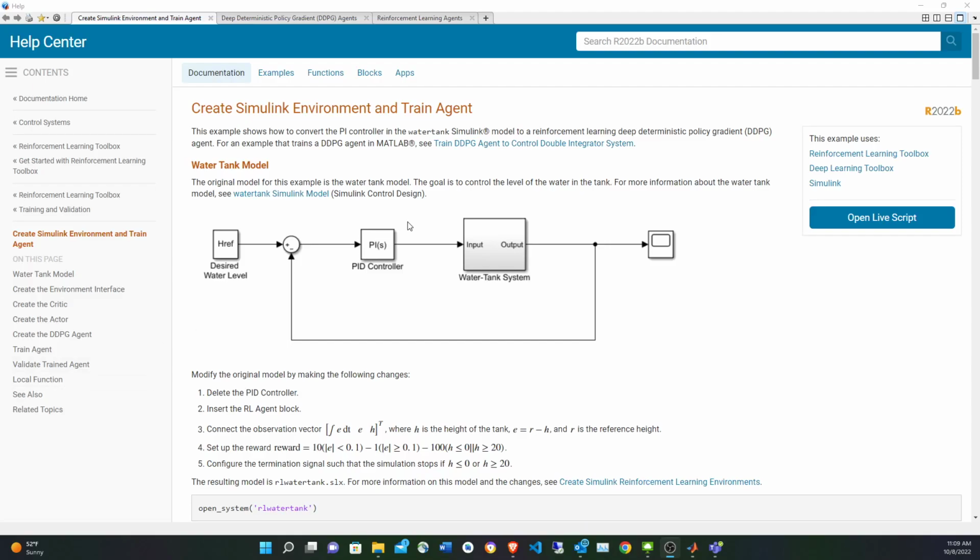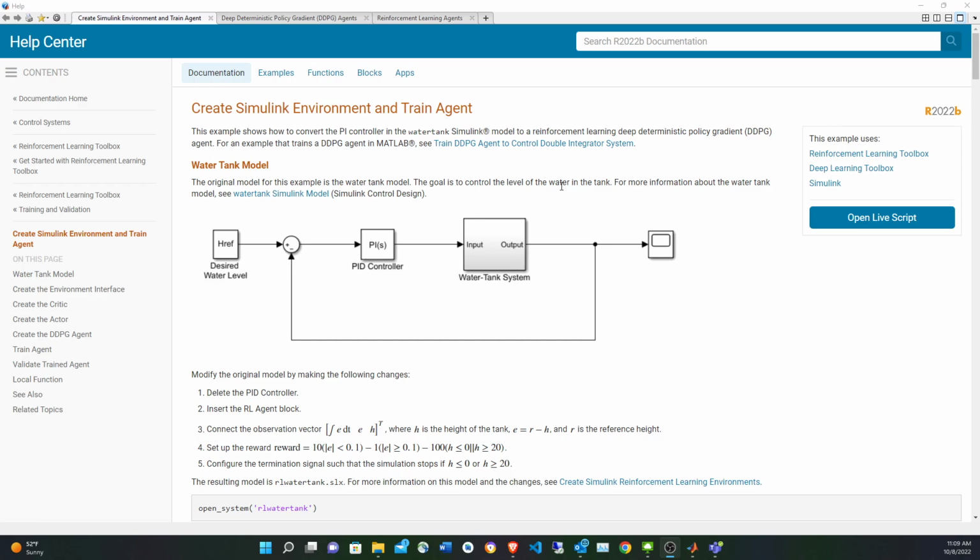In this video I'm going to show how to use reinforcement learning in Simulink. We're going to use a very simple model just to show how this is done, and it is to control the level of a water tank. We have a desired water level and an initial input water level, and it's going to take the water to the corresponding reference level. This can easily be implemented with a PID (proportional integral derivative) controller, as always done,